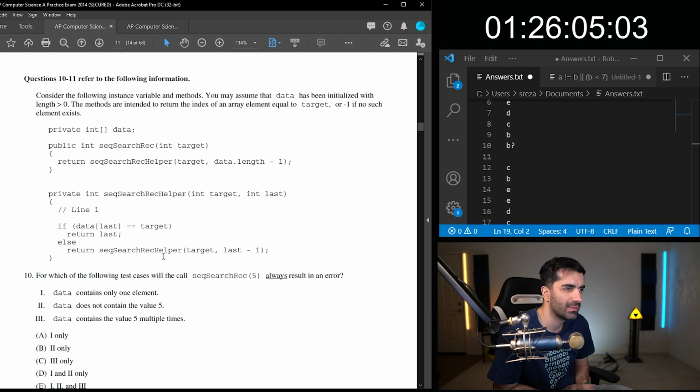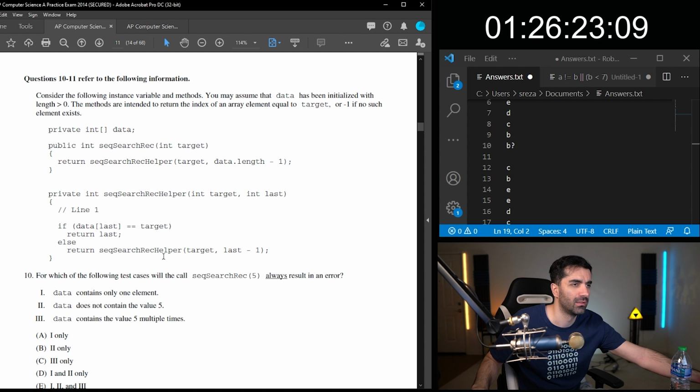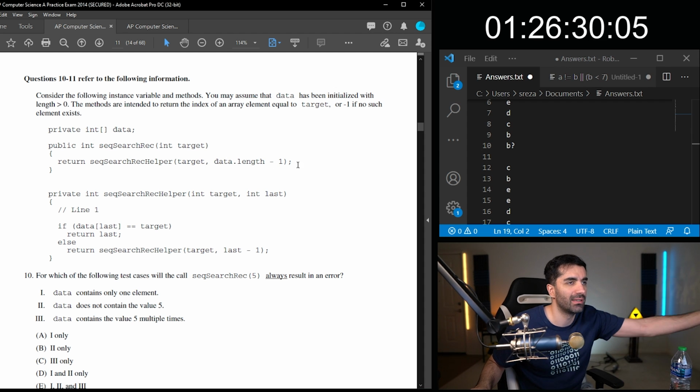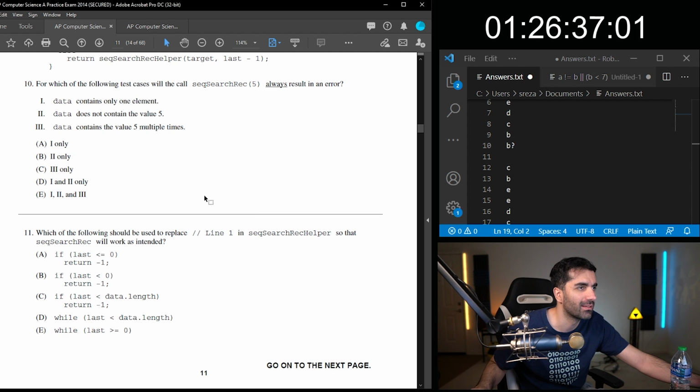If data last equals target, return last. Okay, so if it's finding what it's looking for, otherwise you recurse. So is it just checking the left side? It's checking the target and everything to the left of it. Or it's checking last. But then last is, okay, so it basically just starts at the end and goes through to the beginning. Okay. I don't know why it took so long for that to click.